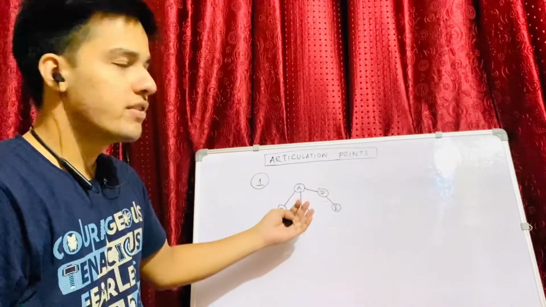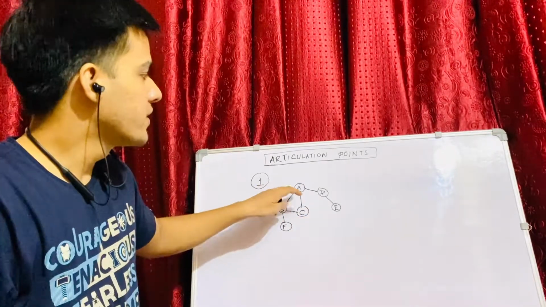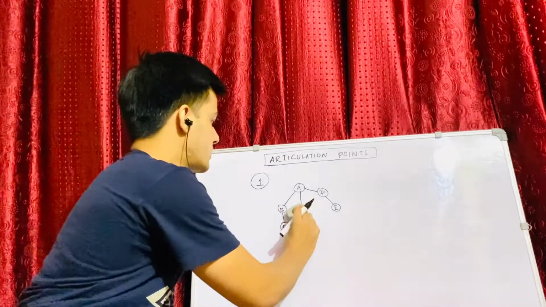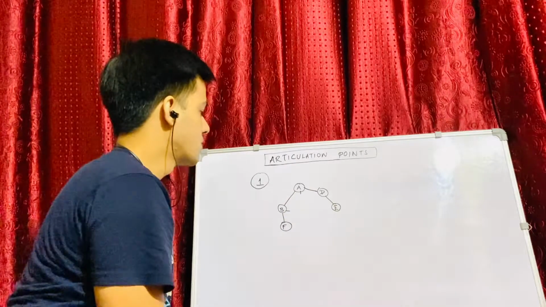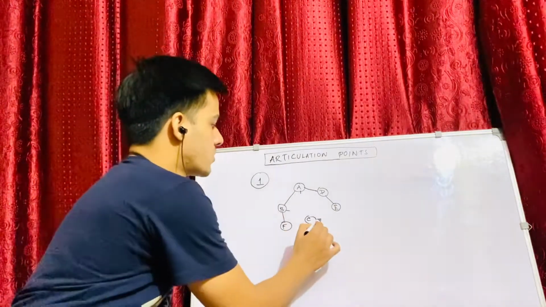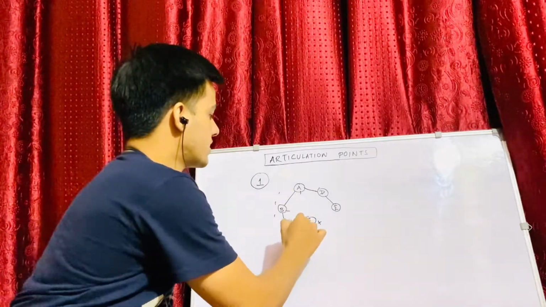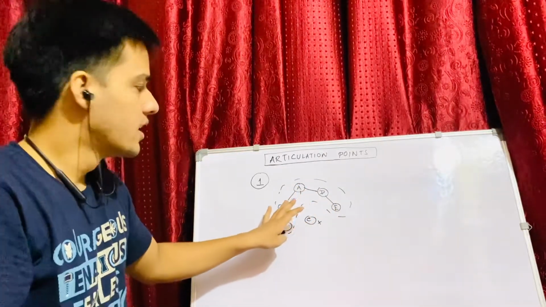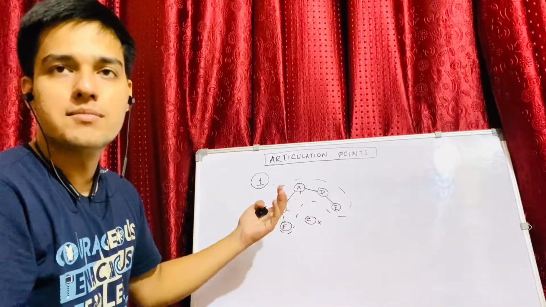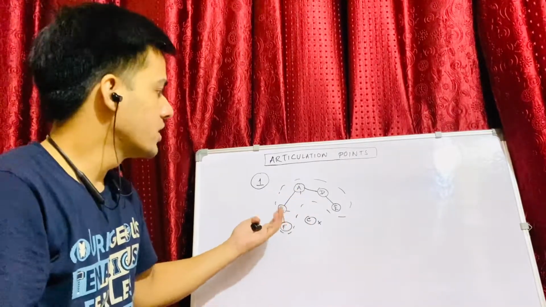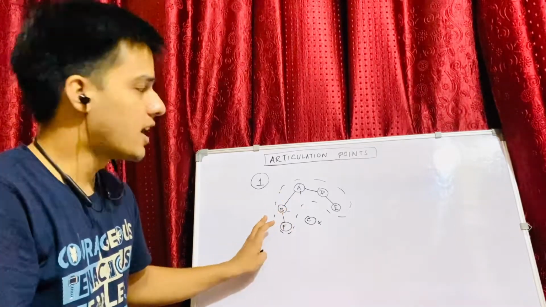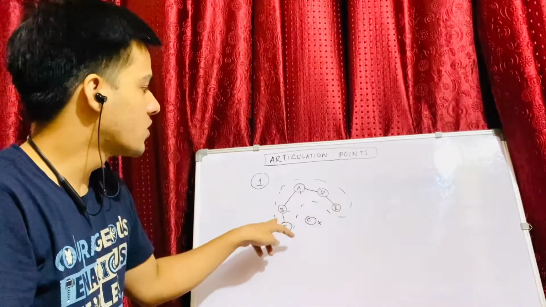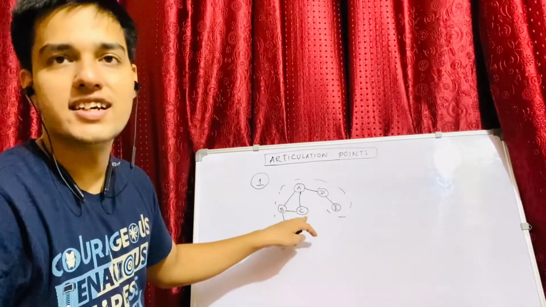Now what we are going to do iteratively is remove each and every node. Let's say we start with C. We start by removing this node C from my network. Since this node is not there, on the remaining graph I'll just do a normal DFS and try to find out how many connected components are remaining. If the number of connected components is similar to what we had earlier, which is 1, so in this case the connected components are still 1, which means C is clearly not an articulation point.